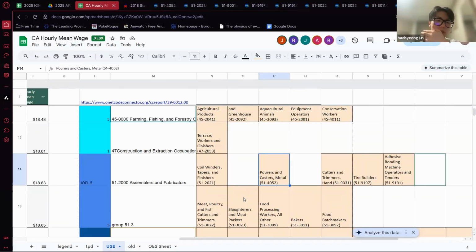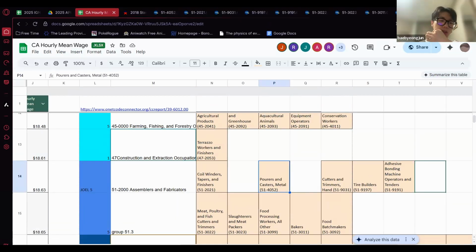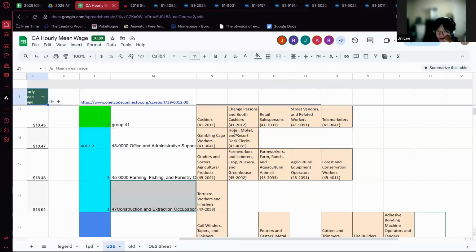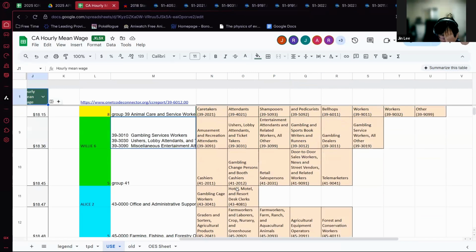Sorry, also, do you want to add the numbers as well or just the group name? I prefer to keep the numbers just to keep track of everything, but you don't have to. Yeah, because they're within the job titles.